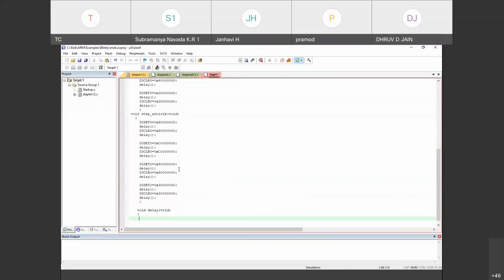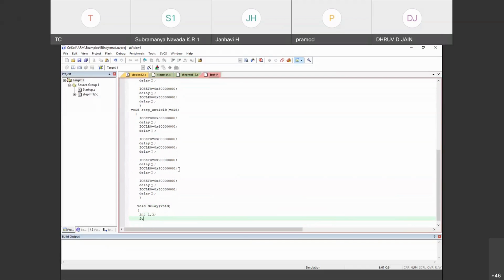As usual, int i, j. For i equal to 0, i less than 1000, right? Or 2000, whatever you give. It depends on how much speed you need.